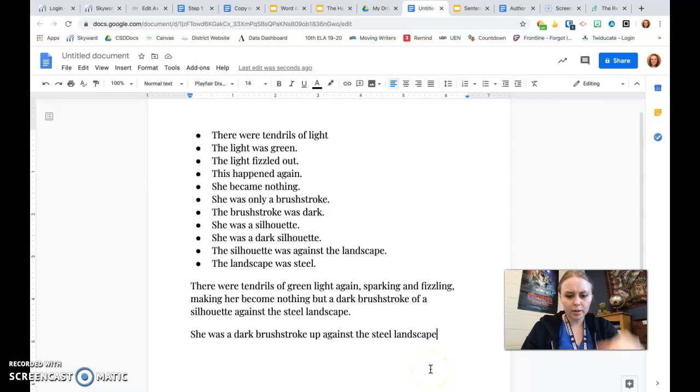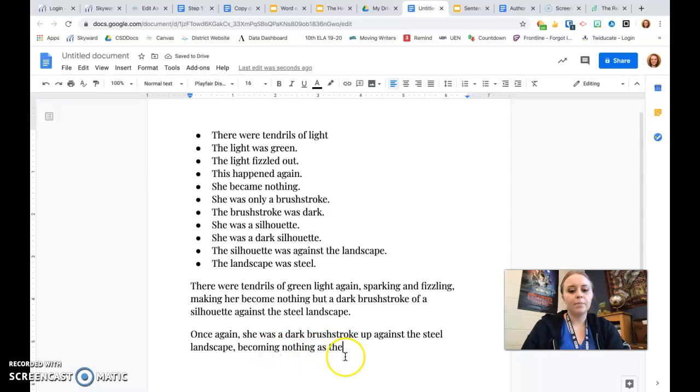Okay, so she was a dark brushstroke up against the steel landscape. Becoming nothing. She was a dark brushstroke. I'm going to start with once again. Once again, she was a dark brushstroke up against the steel landscape, becoming nothing